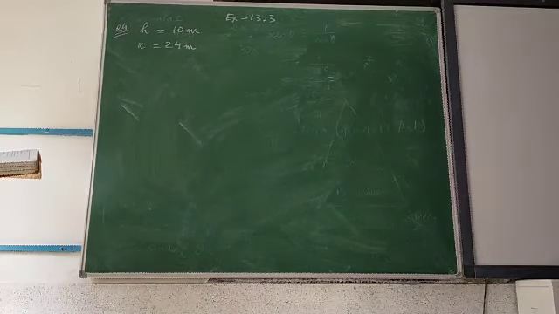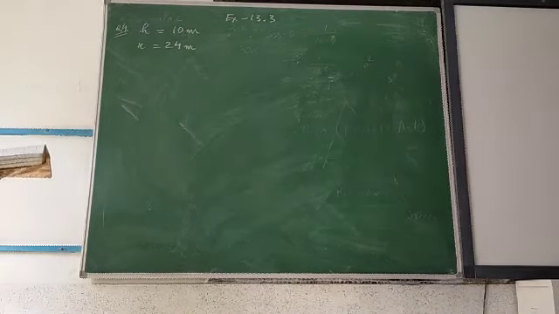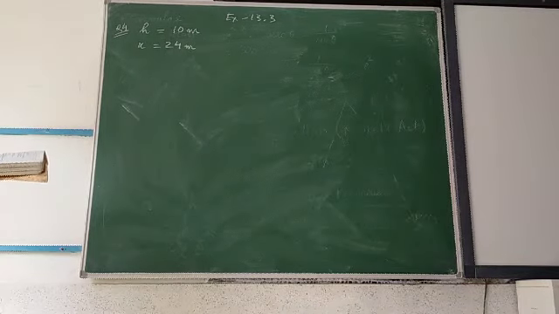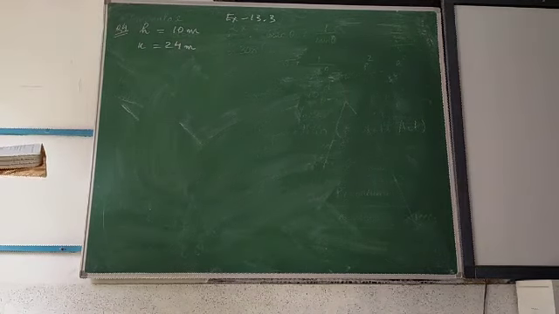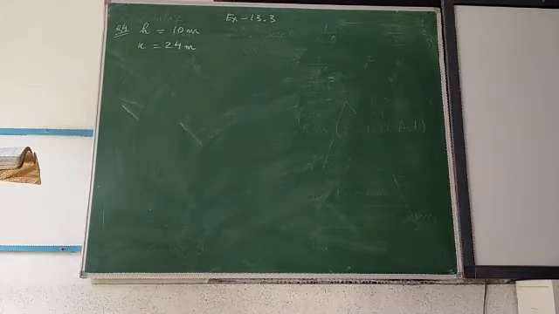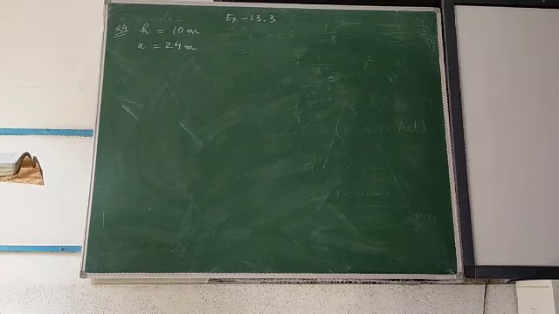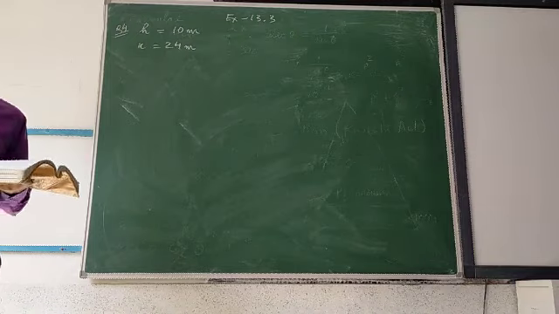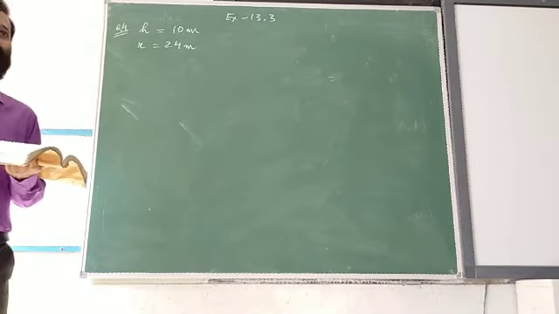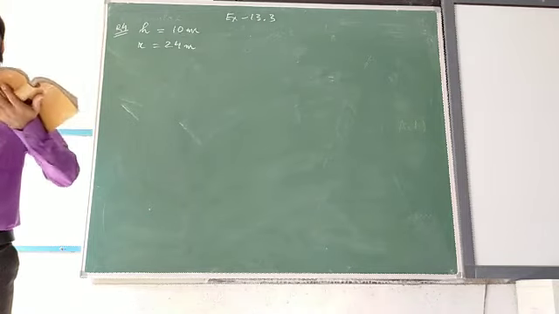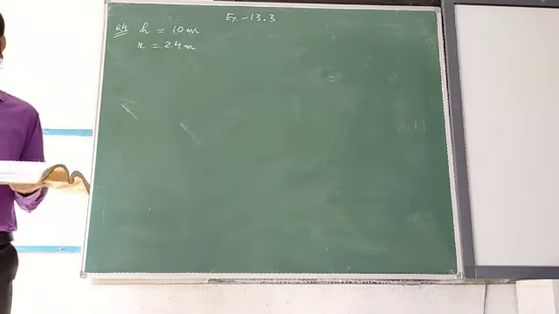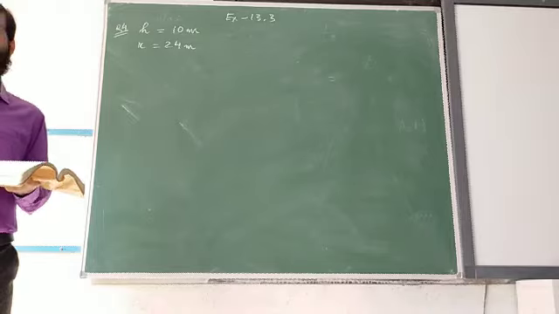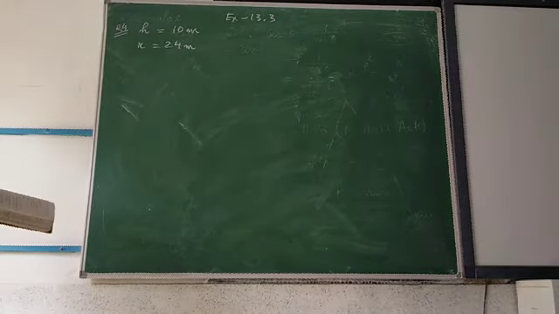In the question, they told you to find the slant height of the tent, but generally they will not give it this way. They will say find the cost of canvas required to make the tent. When you make the tent, definitely the cloth or plastic or whatever you are using is used on the lateral surface area. So anyhow you have to find lateral surface area. But in this question it is given to find the slant height, so definitely you have to find it.